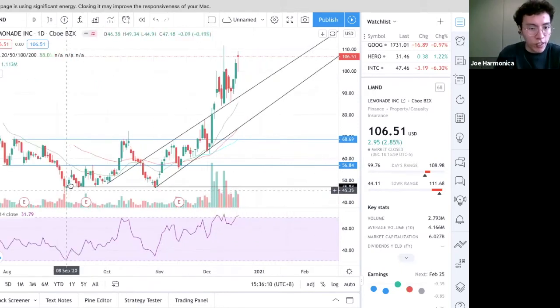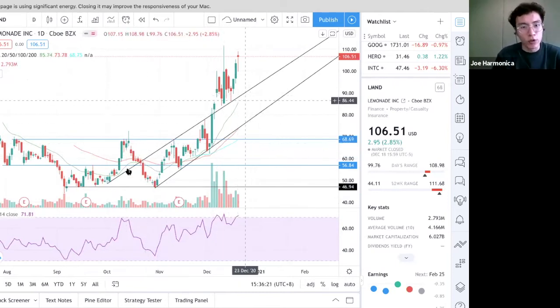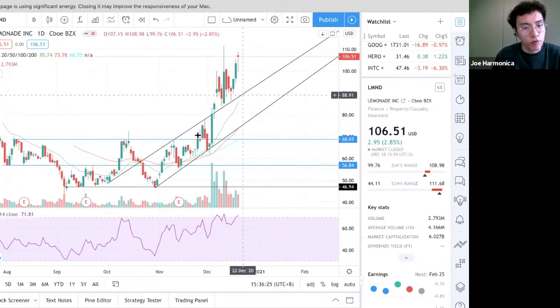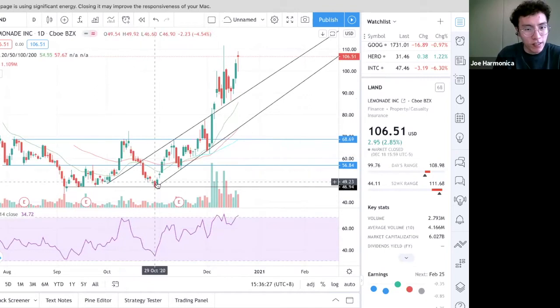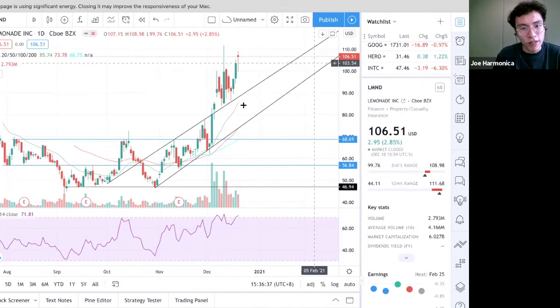Every time the price tries to come down, it comes down to 47 and goes up again; comes down to 47, goes up. What I drew here with these two diagonals is basically a short-term channel on how the price is moving. You can see when price comes down here, it hits this channel, comes down, hits this channel, comes down. Until it breaks through this channel, I am assuming price will move like this,